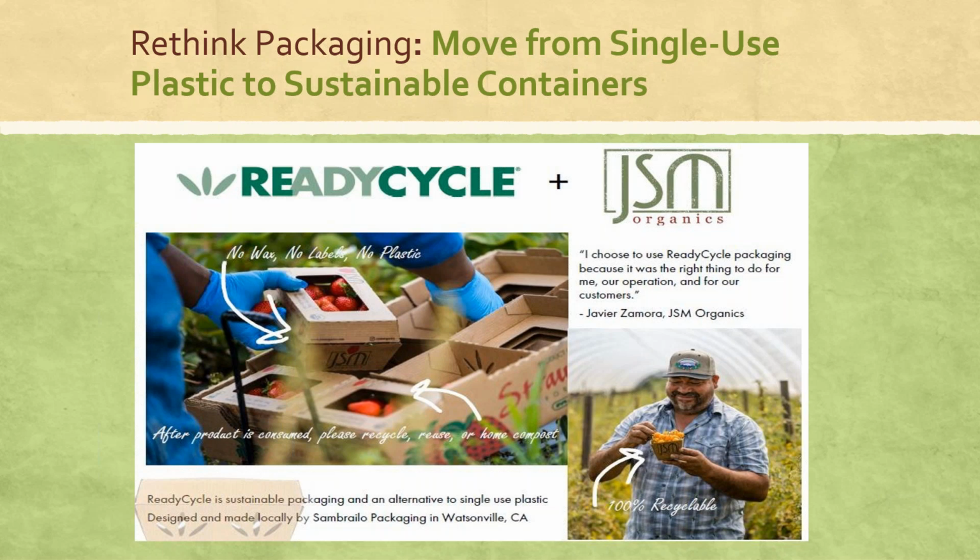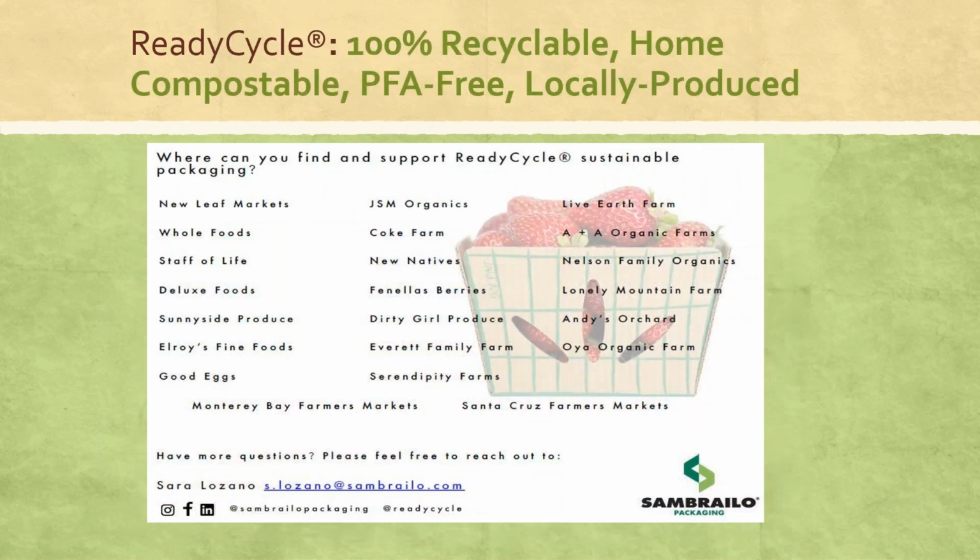You saw it in the photos that Ellen and Javier showed, as well as the photo here. This cardboard package can be home composted. It's called ReadyCycle, and the ReadyCycle cartons have a water-based coating and a vegetable-based ink that you can use to customize to your brand or your logo or to your specific nutritional information. ReadyCycle is available in a variety of sizes, with and without lids, and it really showcases quality produce and directly supports growers like Javier. You can find ReadyCycle at some of our local stores here, and it's used by some of our wonderful local growers.